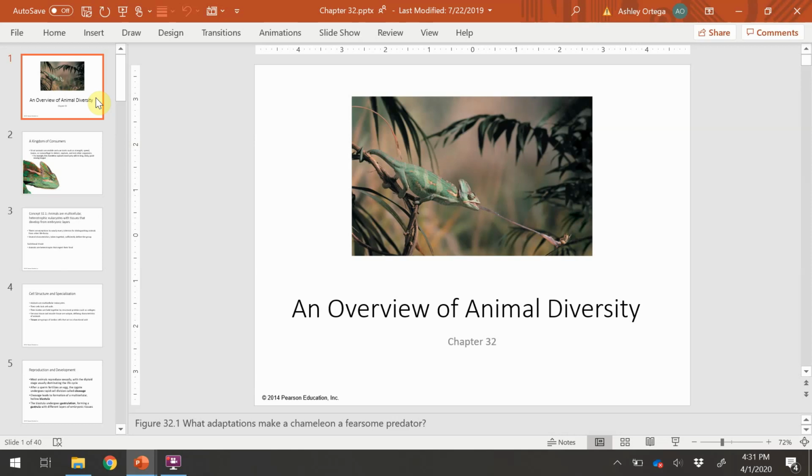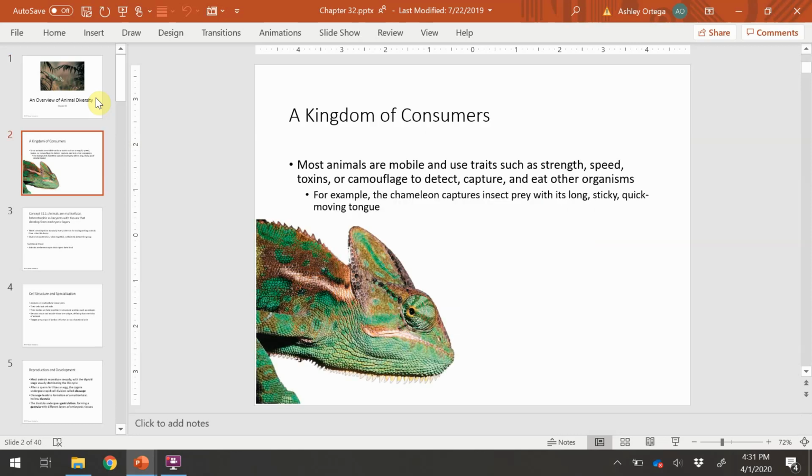So these chapters, these last two exams, are usually a little bit better for students as they're more familiar with the topics already before we get into them. And so right now we'll start with chapter 32, which is an overview of animal diversity. In this chapter, we will look at some common unifying themes of animals, along with some developmental structures. All right,